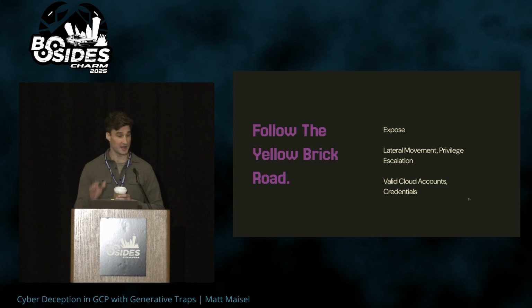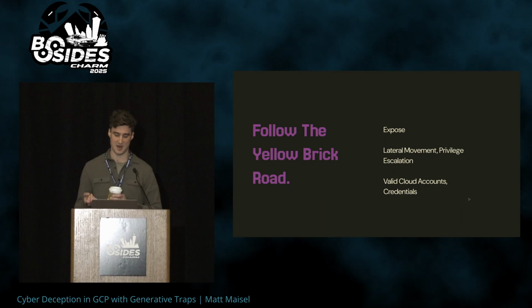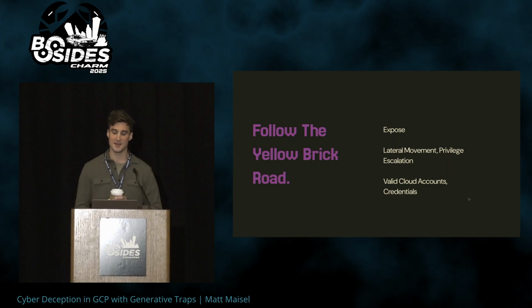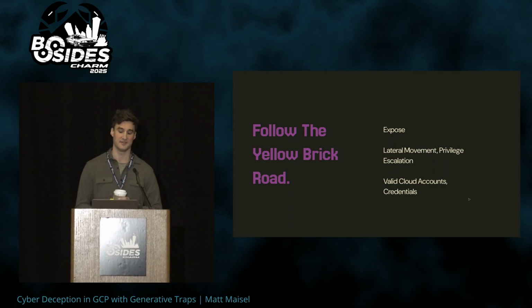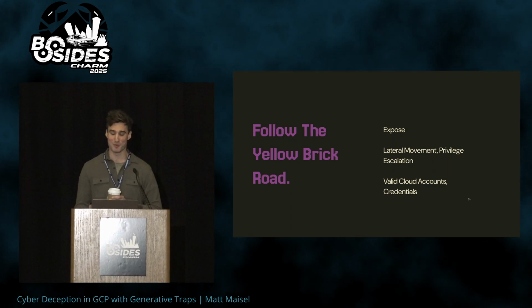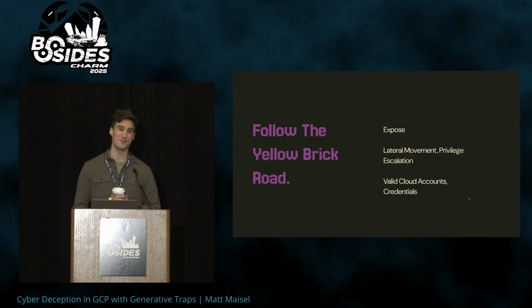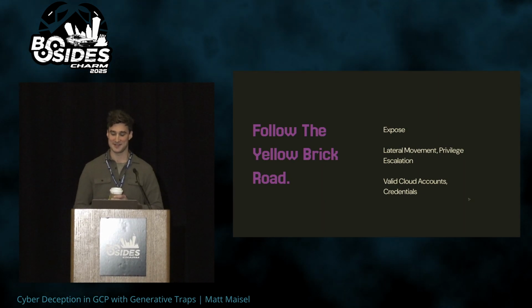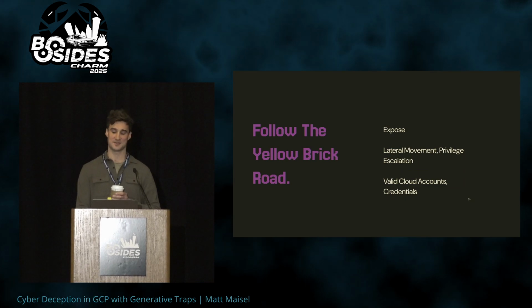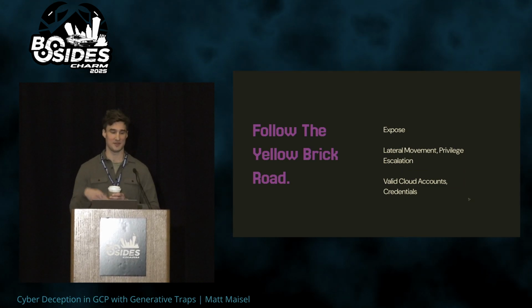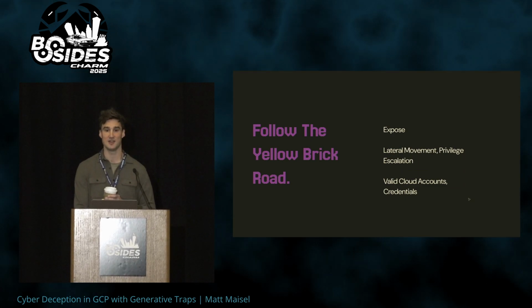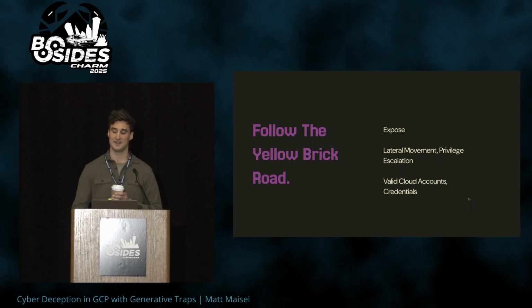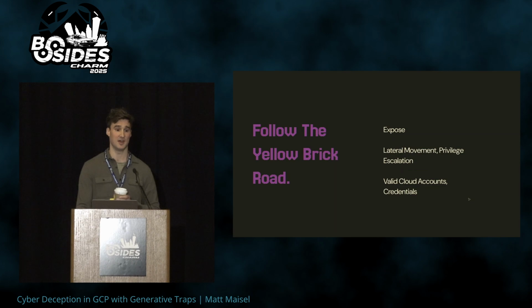So let's take a look at a few examples of these stratagems. The first one I'm calling Follow the Yellow Brick Road. Security engineers are making paved roads for our developers, so we should be building yellow brick roads for the adversaries. They don't know that the Wiz is a lie and that Oz is not what it seems. This is all about detecting lateral movement by baiting attackers with tempting IAM relationships, so service accounts that can be impersonated by other principals in GCP, and it is planted as credentials to lead to other traps in the environment.